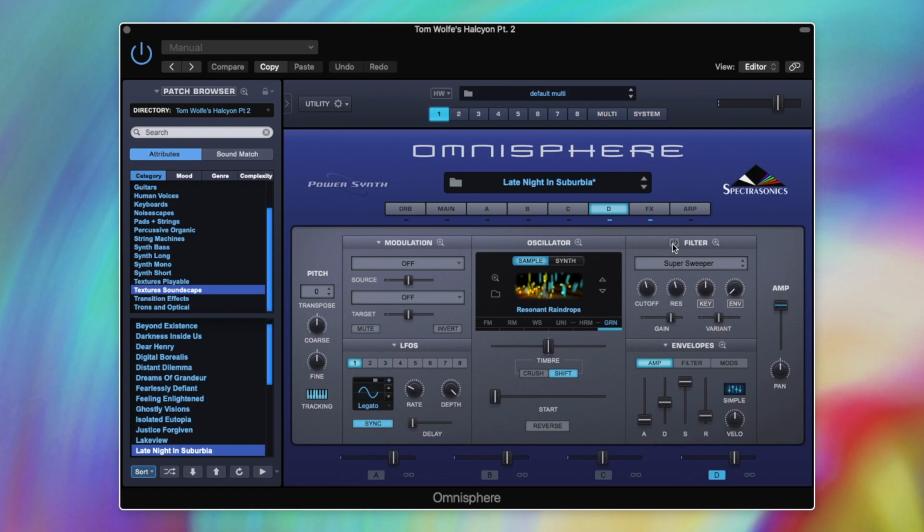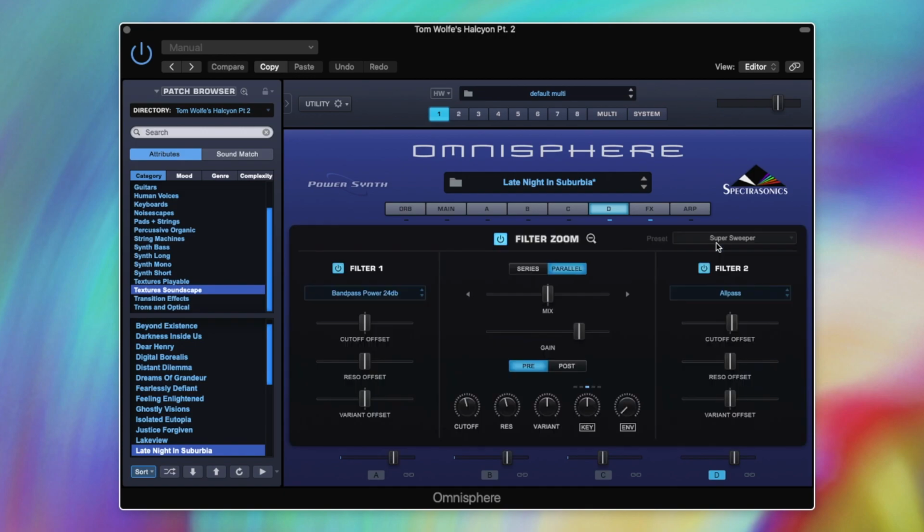So we're then going to run it through the filter. You can see we've got a preset here called Super Sweeper, which again is one that I've created myself. On filter 1, we've got it set to band pass power 24 dB. We've got filter 2 set to an all pass, and you can see we've got this running in parallel with the mix at 50/50, so we're going to be hearing both of these. We've got the all pass cutoff set just slightly off there, and the cutoff about halfway, and we've got a lot of resonance going on here. So this filter isn't actually being controlled. This is just to shape the sound. We've got the envelope amount off. So if I sweep that,